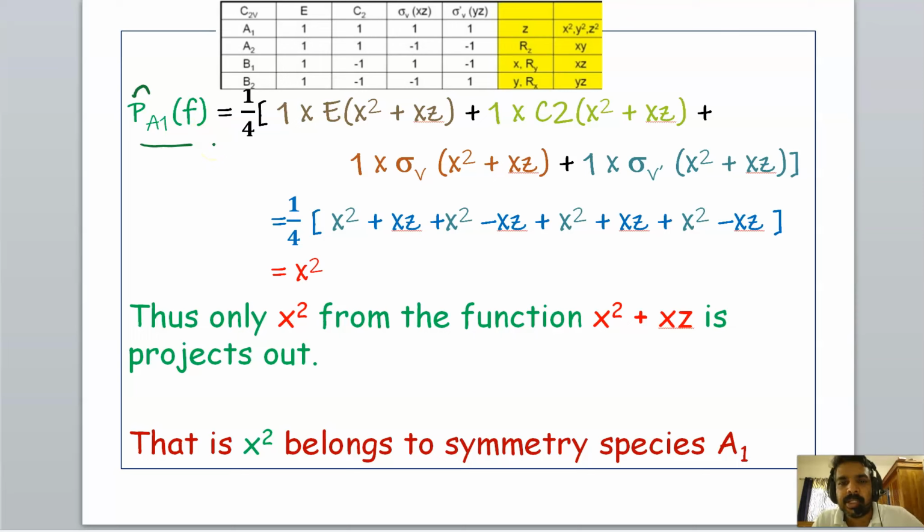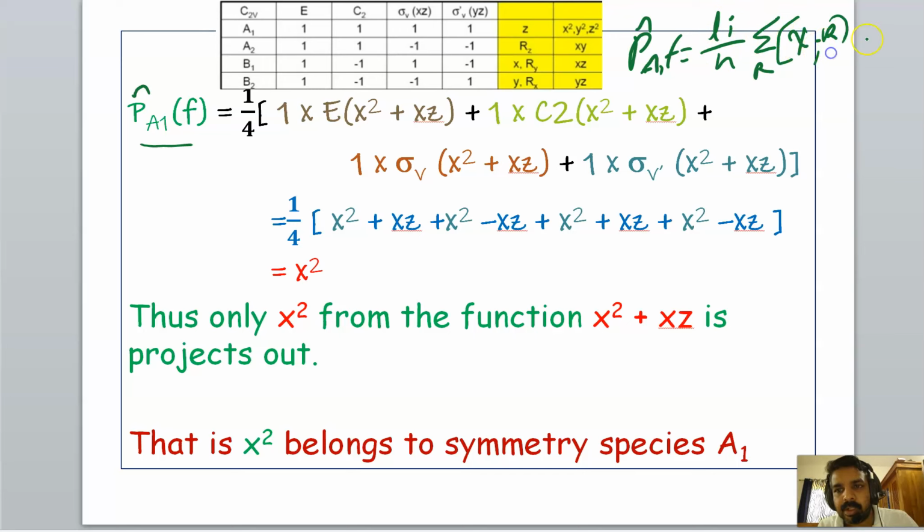Okay, then our equation is this one. P_A1 f is equal to Li divided by h, sigma r, chi_i(r), into r. Here Li is 1, because the A1 representation is a one dimensional representation. Therefore 1 divided by h, where h is equal to 4 in the case of C2v, h is the order of the group, into sigma of, that is we are summing all the operations, sigma r, chi r, it is 1 here, so 1 into